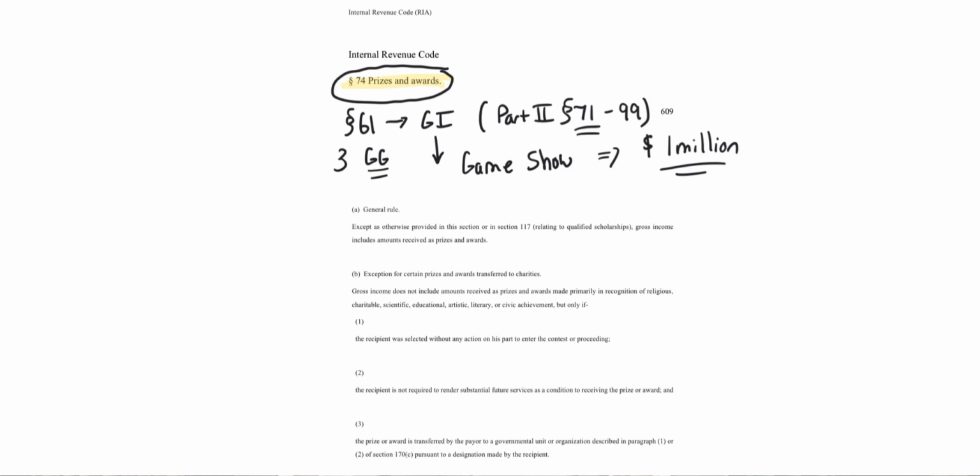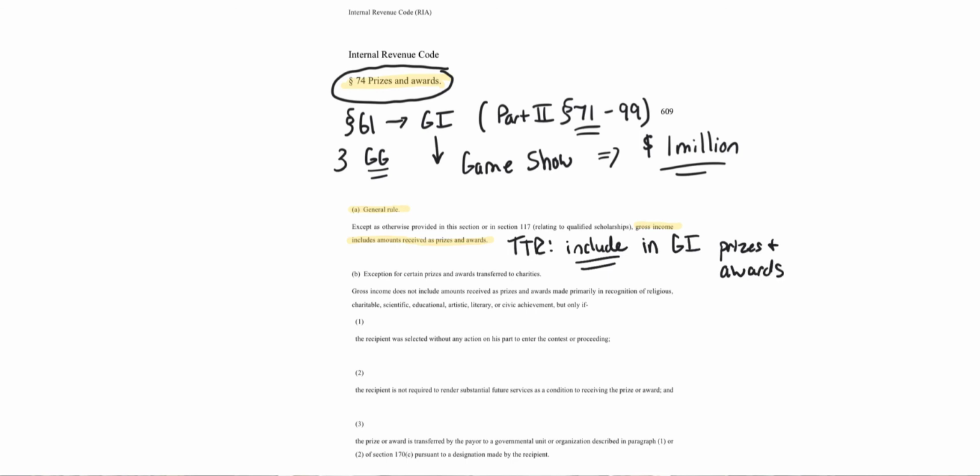So some of you might be wondering, then why do we need section 74 for prizes and awards? So let's just read subsection (a), general rule. Subsection (a) says, except as otherwise provided in this section or section 117 relating to qualified scholarships, gross income includes amounts received as prizes and awards. Right there, we've got our tax treatment rule. So let's go ahead and write that down. The tax treatment rule is to include in gross income, so include is the verbiage,